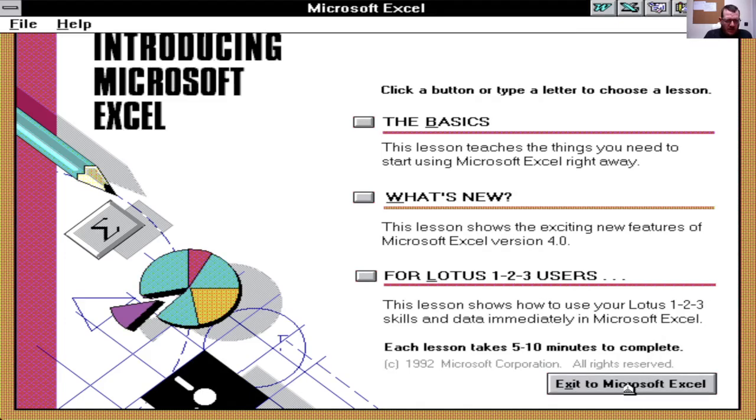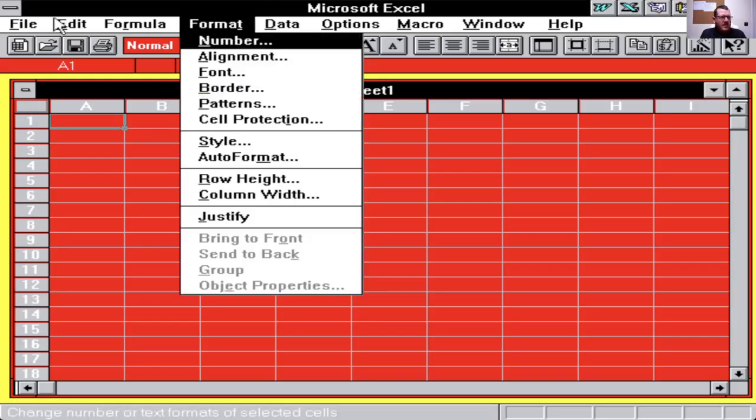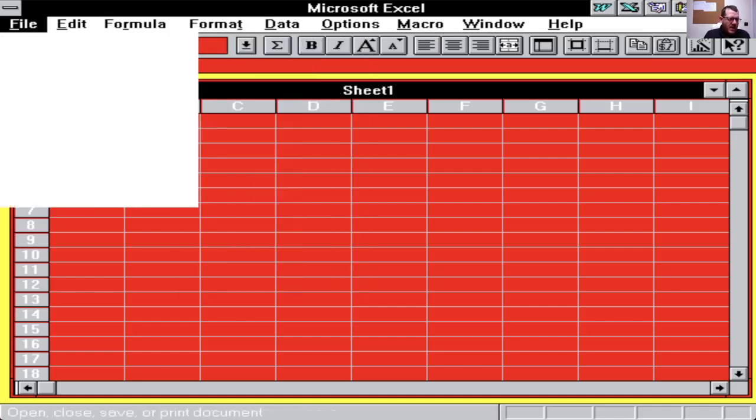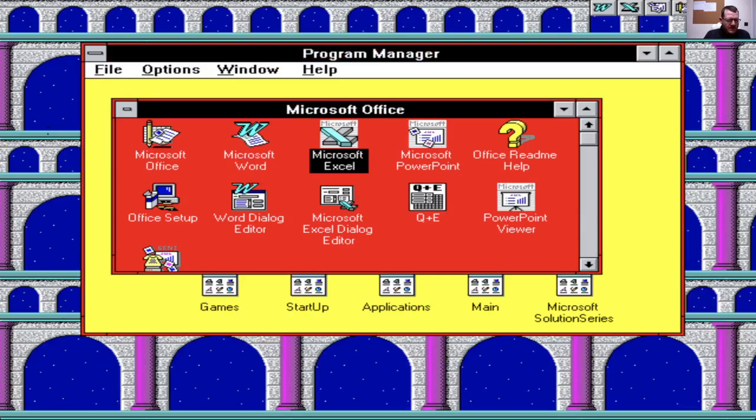That's the tutorial for Excel, which we can now update accordingly. So now, if we go into it,